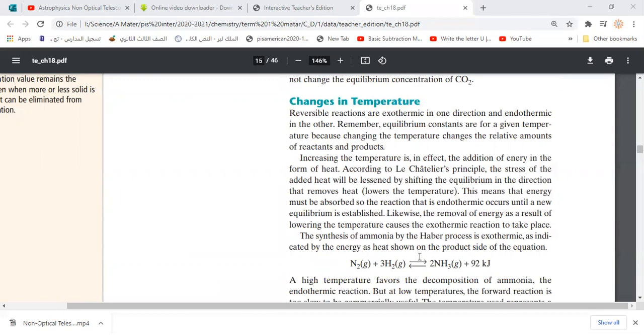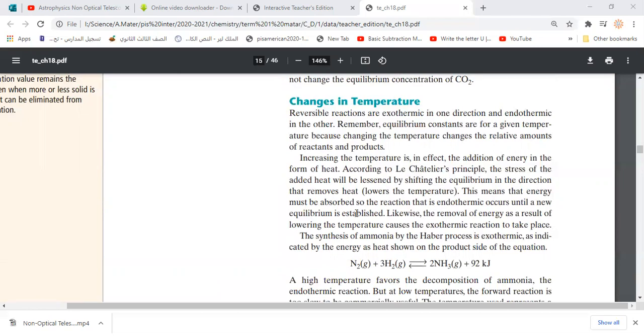And as we know, once equilibrium is established, it will be constant as long as the conditions stay the same. One of these conditions is the temperature. That means the equilibrium just happened at a certain temperature. So changing the temperature, of course, will affect the rate of the reaction or make the equilibrium shift toward one of the two reactions. So increasing temperature, okay, that means adding more heat or more energy, so that's